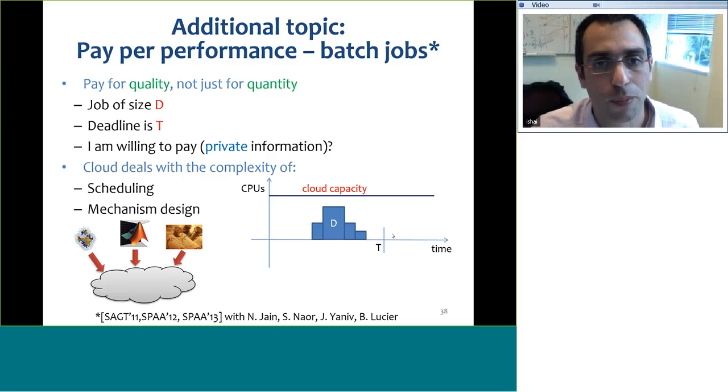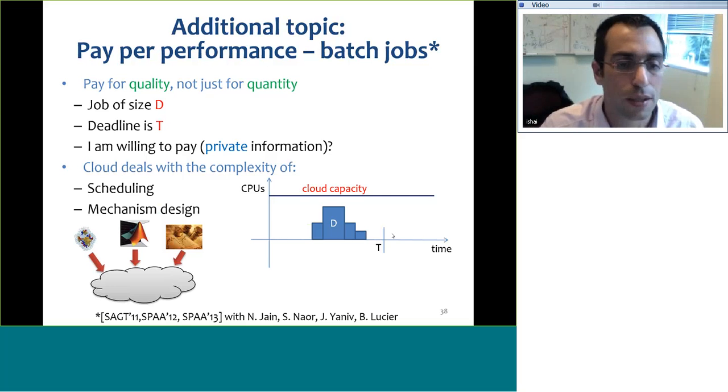I want to extract this information from him, and those of you who are familiar with the concepts of incentive compatibility, actually these are not algorithmic game theory, these are more economic concepts. You want to design a scheduling rule that is also incentive compatible, and this brings very interesting research questions. And beyond that, I'm hopeful that the pricing schemes would progress, at least in the way that all this cloud space is progressing. There's certainly, I believe, things to do in the way that resources are being sold and services are being offered.